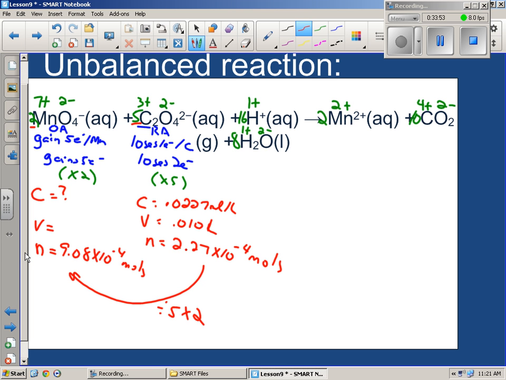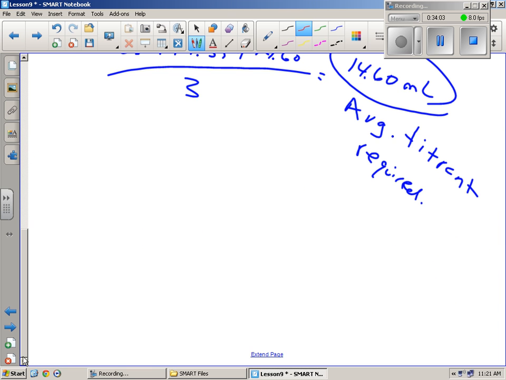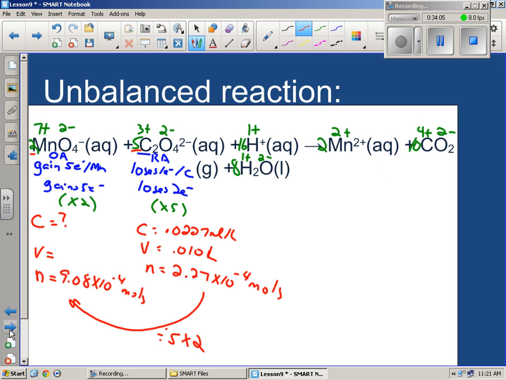Well, I know V because that was the purpose of the trials, right? So I know that from the other page. On average, it's 14.60 milliliters from the previous page, right? Right there. The bottom here, guys, 14.60 right there. So right here, I'm going to put in 0.01460 liters. Don't forget it has to be in liters. Okay. Now,